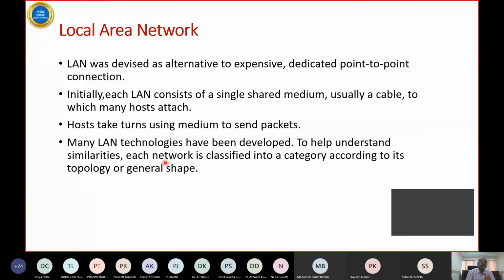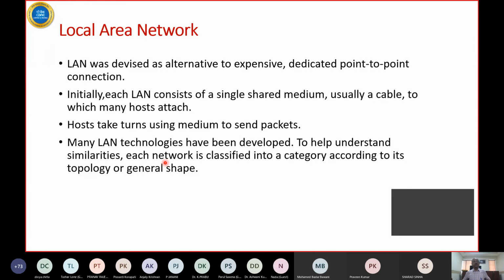So LAN was devised earlier. Before Ethernet came in, the only network that was available was RS232, and I showed you that a TX is connected to RX. So you have a point-to-point link in RS232. So that is how LAN came in, and there was a bus-based LAN. I will tell that again, and you could connect hosts. So the word host is used in LAN as a node, as a desktop or as a computer.